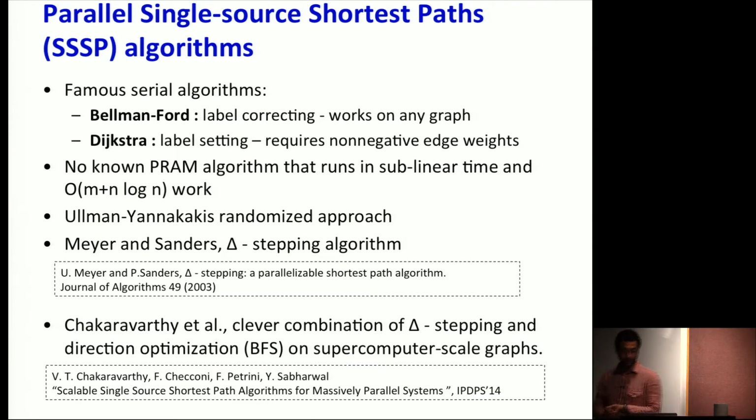This is a very recent work where a bunch of people from IBM, Chakravarthy and Fabrizio Petrini and so on, combined delta stepping and the direction optimizing approach, not BFS, but the still direction optimizing approach, to get a supercomputer scale single source shortest path algorithm, which does billions of edges traversed per second